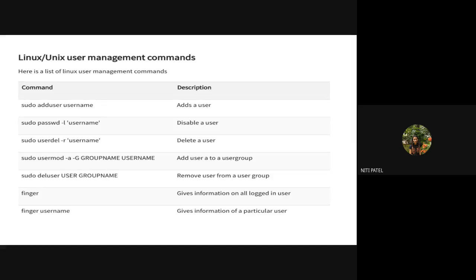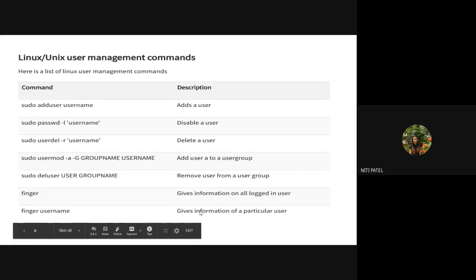Yes, ma'am. Okay, so what we have done so far is seen how to create a group, how to modify the group, how to delete the group, and if at all I want to check any details of a user, I can also use these two commands to check the details.